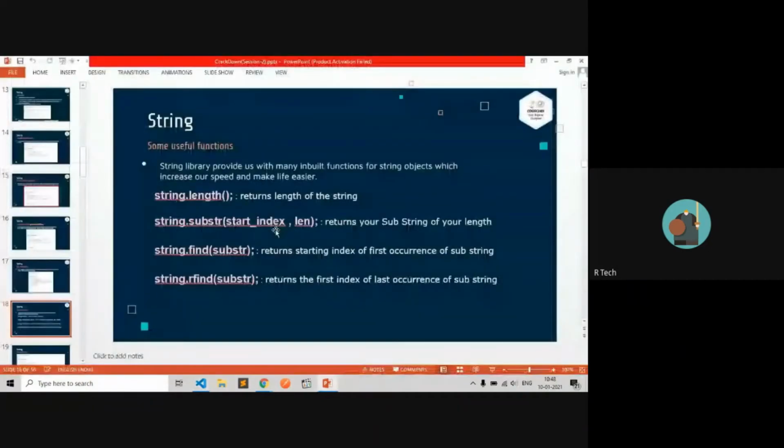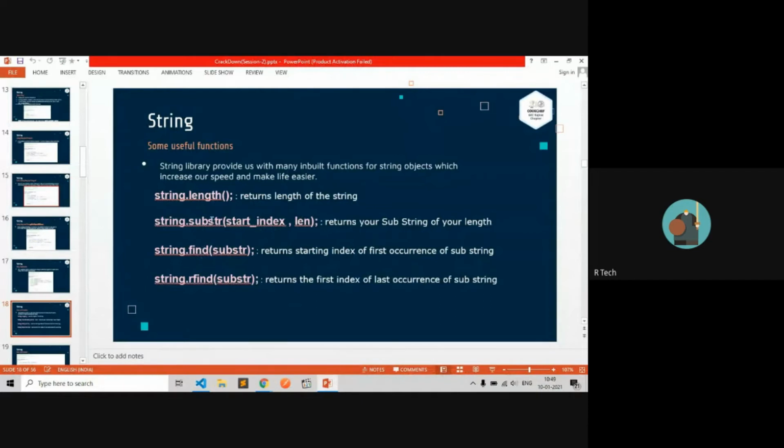And try to find a substring. If you want to find any substring, like how many times hello world is used in a single paragraph, then use find with the start index where you want to find and the length. Sorry, in find, just type a substring.